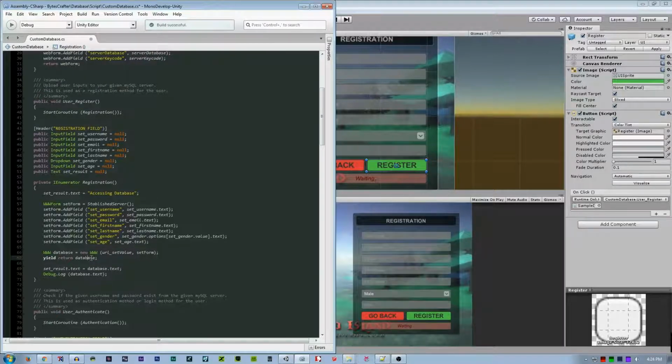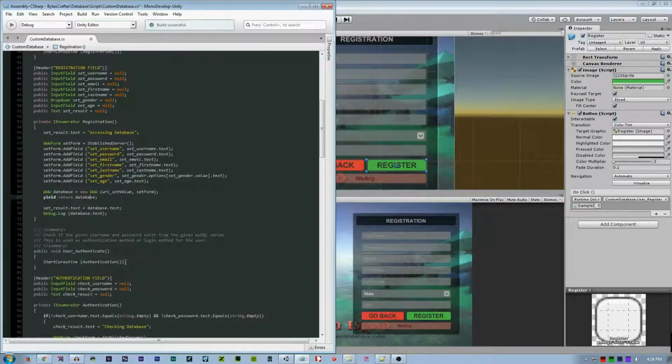So wait for the database to be downloaded, and then after downloaded successfully or failed with whatever error, set result. The result will be displayed here to know whether the process was successful.